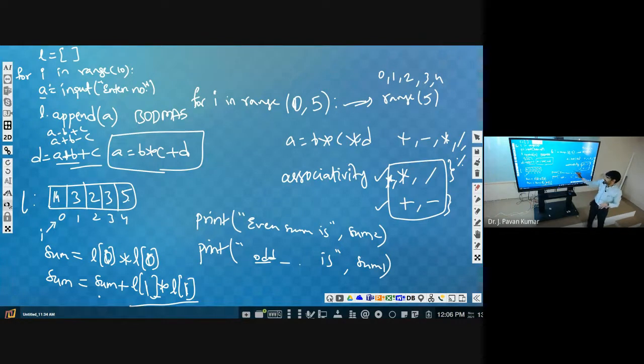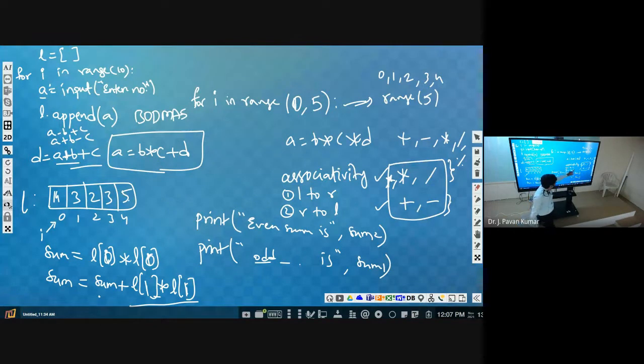Associativity can be of two types. One is left to right. The second one is right to left. For every operator we will have an associativity property. For most of the operators it will be left to right. For most of the operators, but not for all, keep that in mind. Whenever the context comes, I will tell for which operators it is right to left. If you know this, then you will know for all. So most of the operators will have left to right.